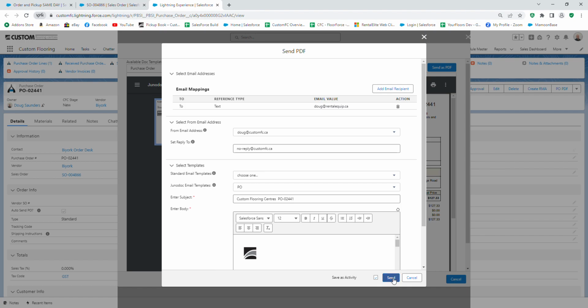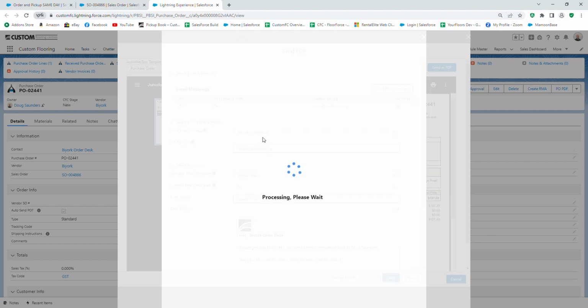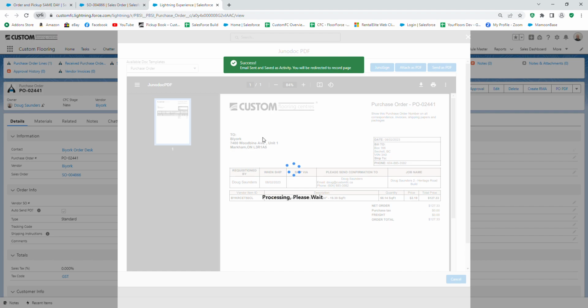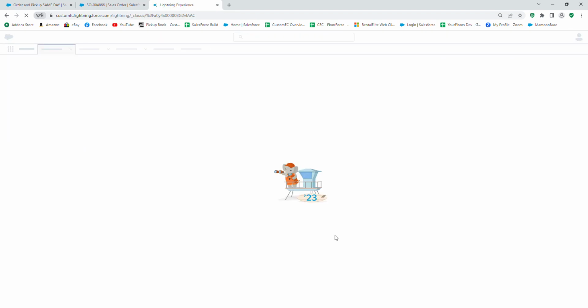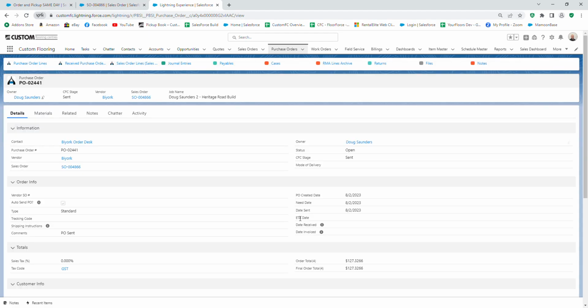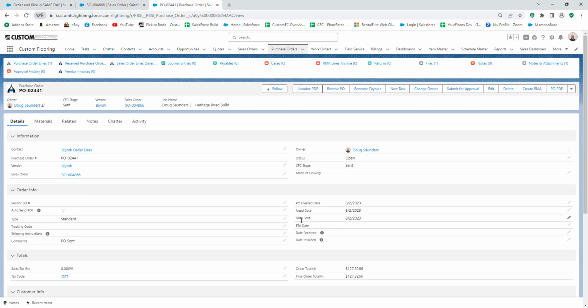Okay, so now I am going to send it. Okay, so if you're watching closely, you'll notice that the date sent automatically got filled in by itself. So it knows when you created the purchase order. It knows when the purchase order was sent by email to someone. If it doesn't go through, the date sent is not going to get filled in. So the next thing I'm going to do